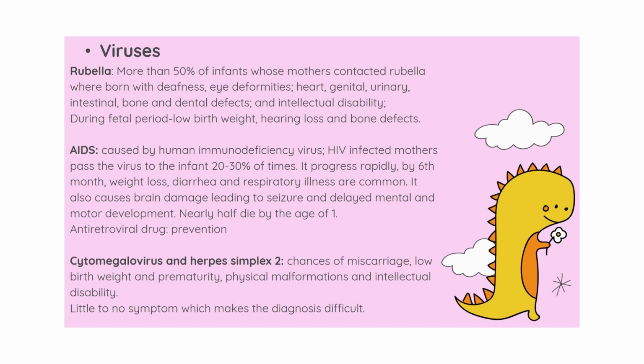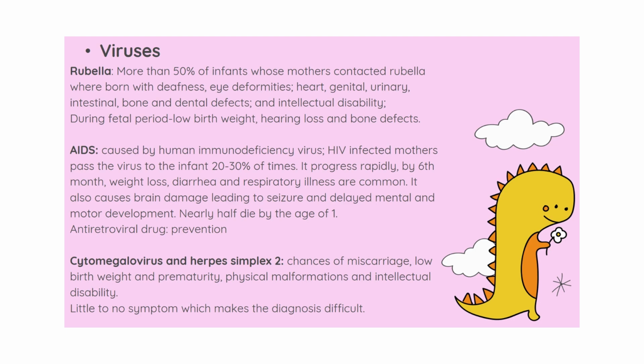In virus, the most common disease found was rubella. So, in the mid 1960s, a worldwide epidemic of rubella led to the birth of more than 20,000 American babies with serious defects and to 13,000 fetal and newborn deaths. So, it was found that if the mother contracted rubella during the sensitive period, that is the embryonic period, it